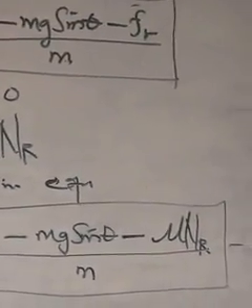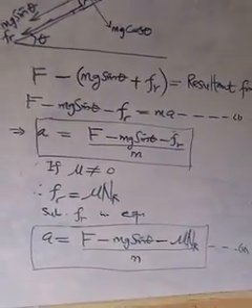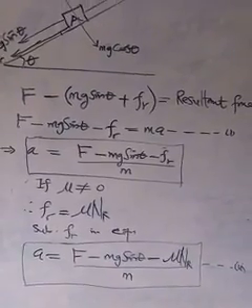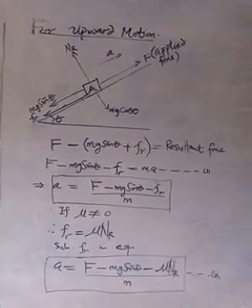So we can call this equation 2. This is equation 2. These two equations can be used to determine the acceleration of the body when the motion of the body is upward. Equation 1